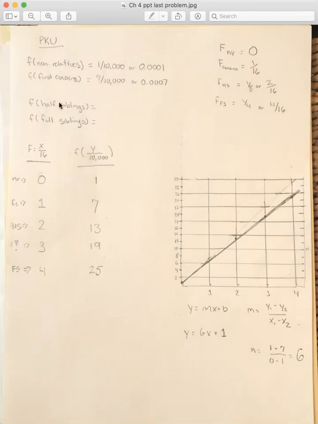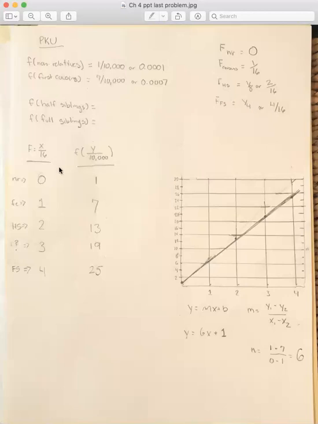And so what we can do now, they're asking us, okay, other populations, and if we look at populations with half sibling matings and populations of full sibling matings, we also know the inbreeding coefficient of each of those. So the inbreeding coefficient of half siblings is 1/8. So that we can compare these, we're going to put it in a common fraction, and we'll say that's the same thing as 2/16. And in populations of full sibling matings, the inbreeding coefficient between full siblings is 1/4, right? So we also scale that to 4/16.